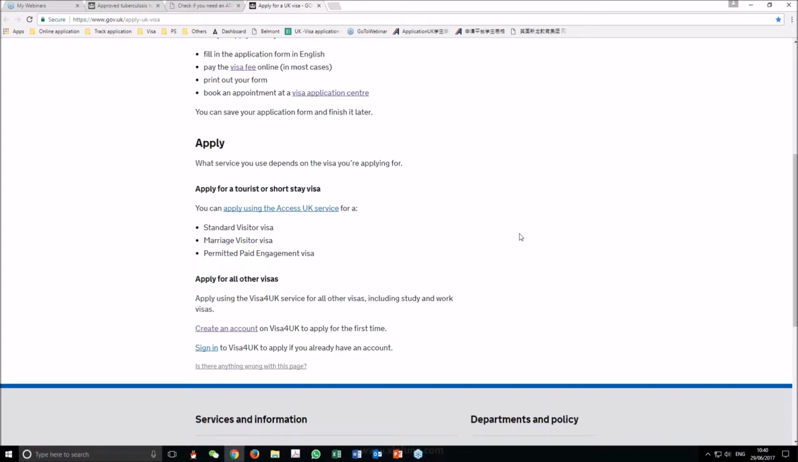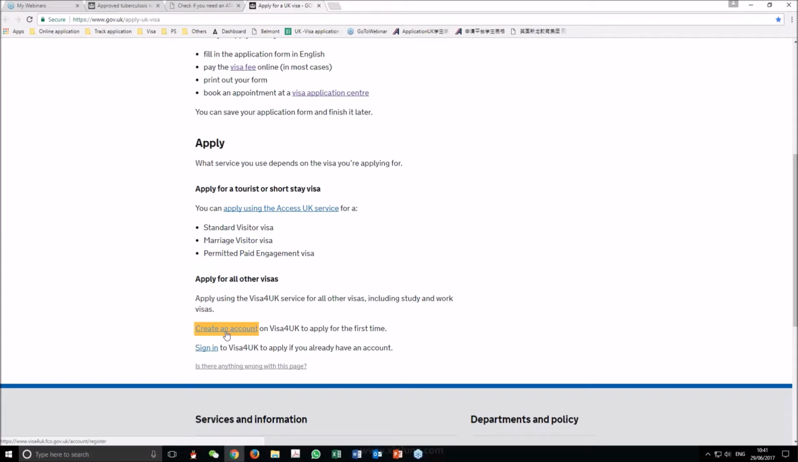Sometimes students come to ask me, "I've completed all my online application form, but I wasn't asked for the CAS number." I say, in that case, you probably have filled out the wrong application form. The link for tourist and short stay visas won't ask for a CAS number. For the Tier 4 general student visa, we need to go to the bottom of the page, create an